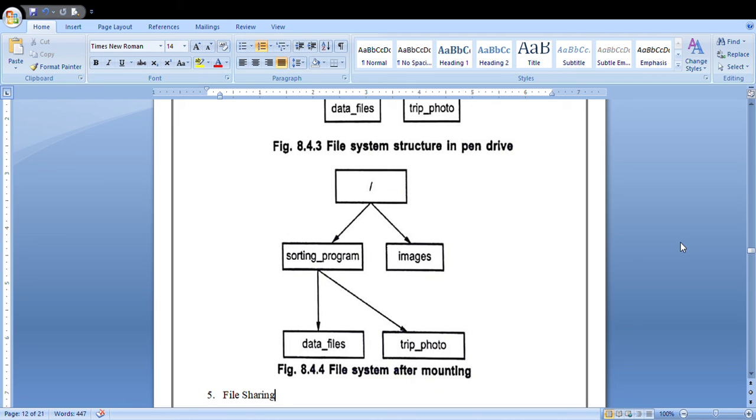What are the advantages of mounting? It is a user oriented naming scheme, and it makes sense to be able to mount at any level. Next, the disadvantage of the mounting system is that the hardware is less obvious, since a device can be located anywhere in the tree structure. So there is no specific path in the tree structure. The data can be stored anywhere in that particular file structure, so it is very difficult to locate where a particular file is.